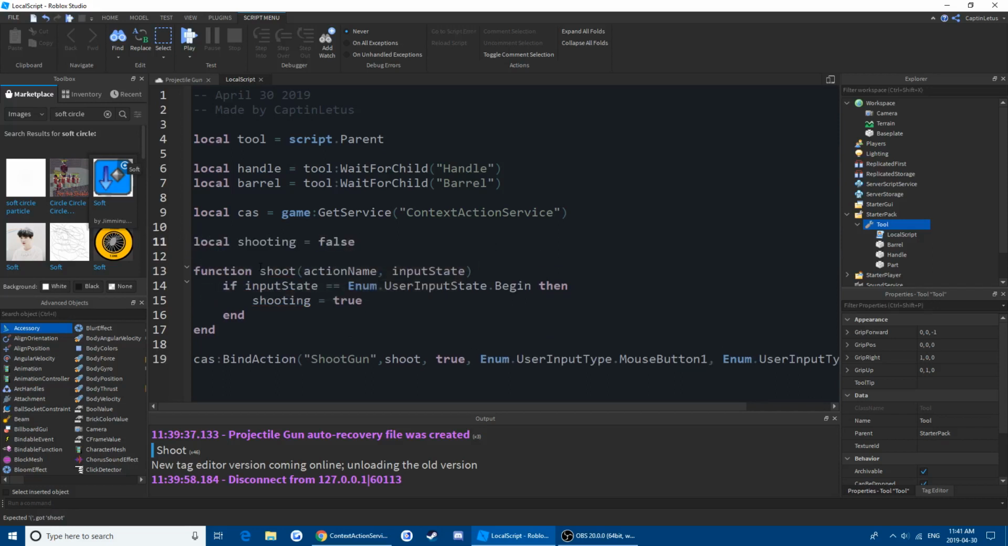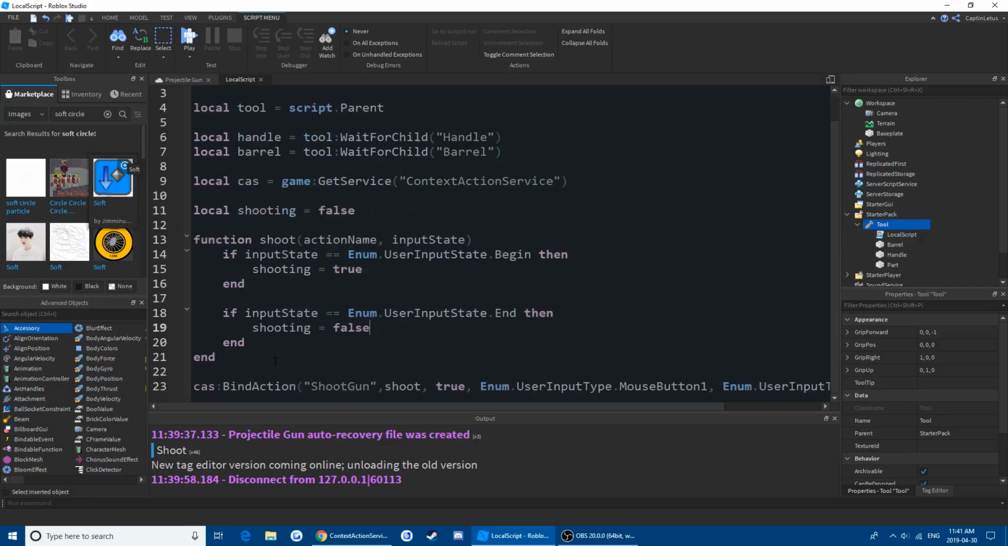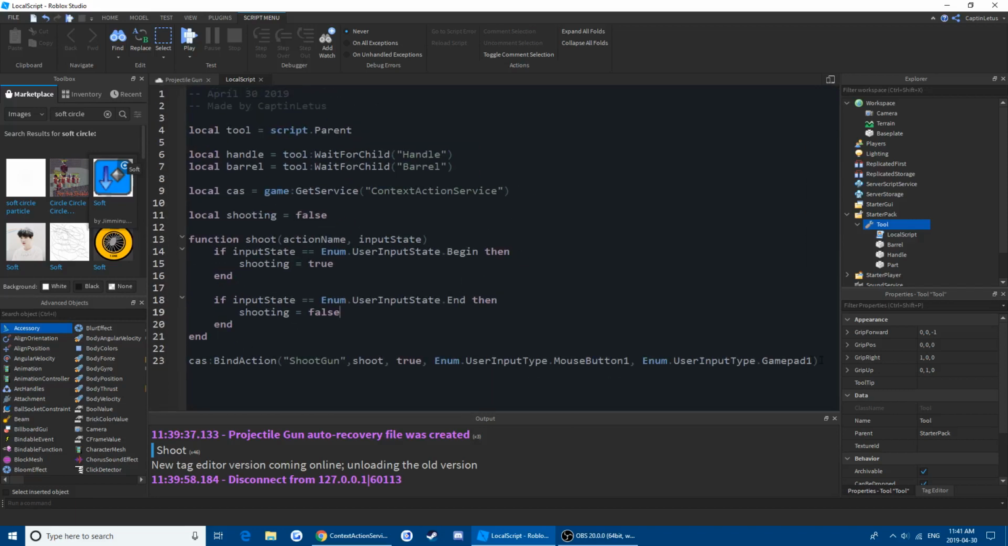Shooting equals, first it has to be false, and then we're just going to copy and paste this, and make it so when it ends, shooting is now false. And then I have to make this a bit bigger. Down here we're going to do game get, actually, yeah, game get service, run service dot render stepped connect function,